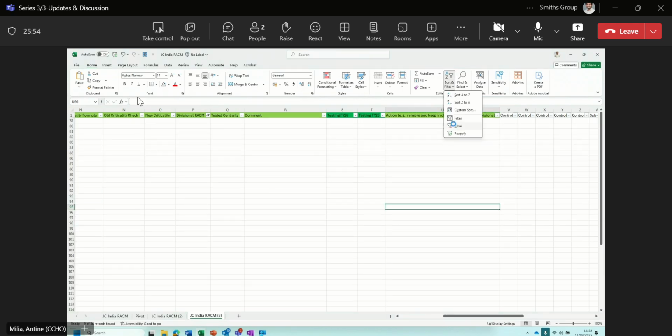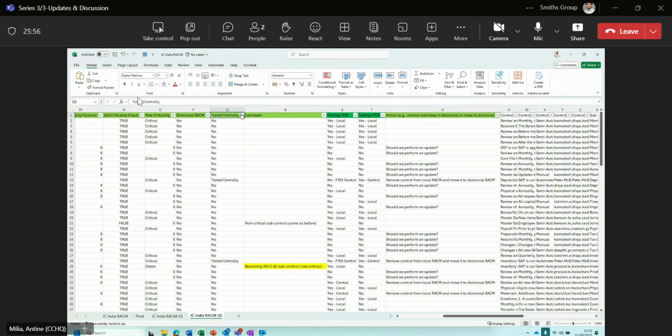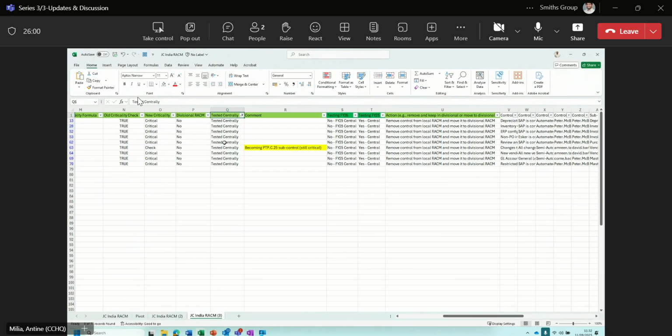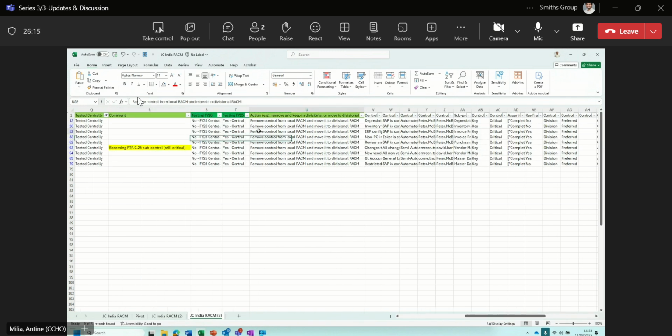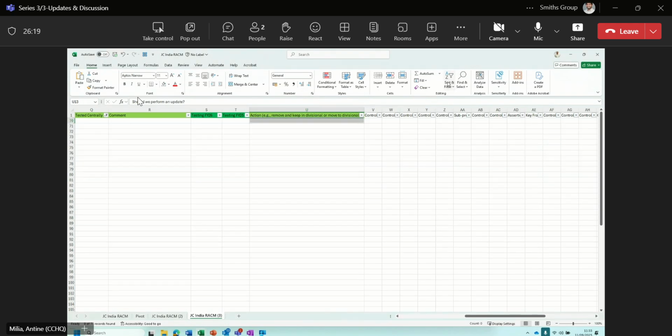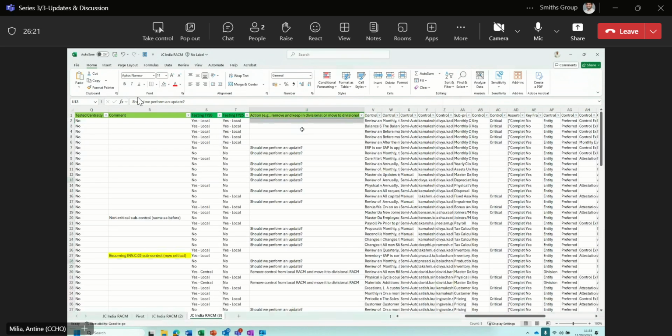And then finally, I need to check test essentially. And I am saying here, remove control from local Rackham and move it to divisional Rackham. There was another one that was becoming a P2P C25 sub-control. It's still critical, but it was divisional. We're keeping it as divisional, so we should be comfortable with removing. So now that we've processed all of these removals,